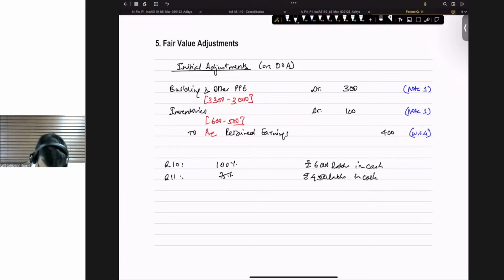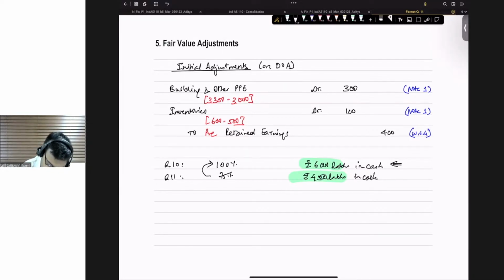तो फर्स्ट केस में what is the payment which is being done? 6,000 lakhs. Second case में what is the payment being done? 4,500. They are two different cases. First case is different, second case is different. Don't mix both of them and say that question 11 is in addition to question 10. Question 11 is substituting this information, and because it is substituting this information,